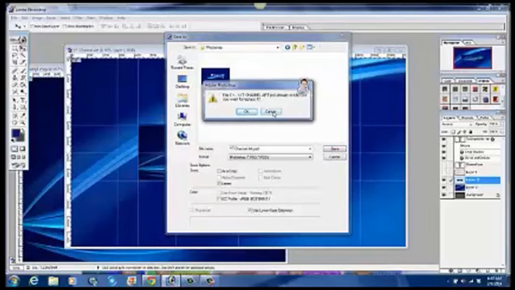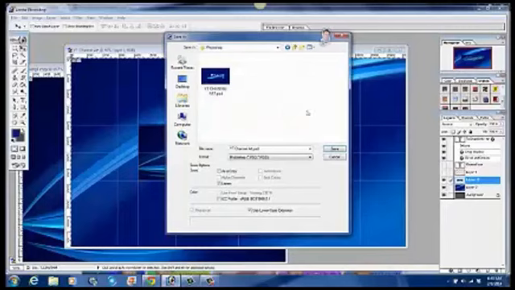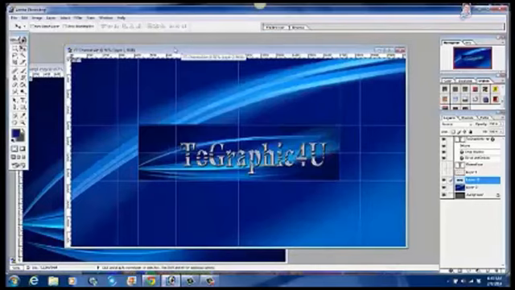And since I already saved it, this is another one, I'm going to go ahead and click Cancel. But I'll save this original file in Photoshop. Then you'll want to save your project for YouTube,